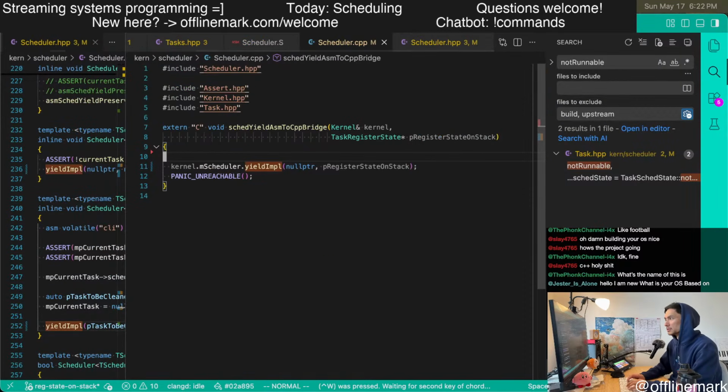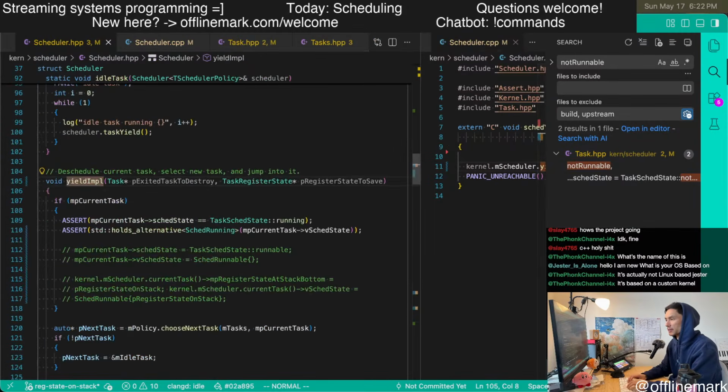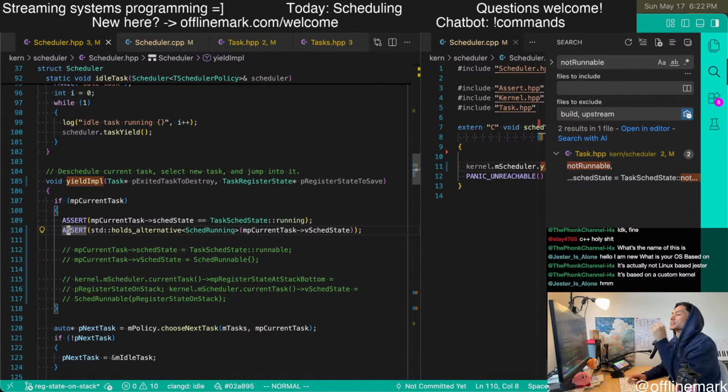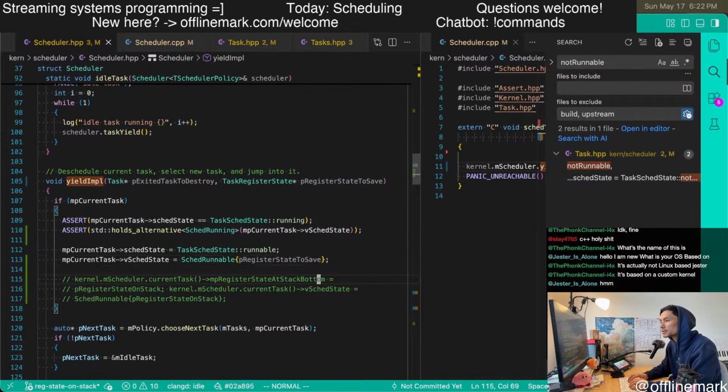But that is okay. It's a little bit weird. Maybe, yeah, there could be room for another layer of wrapper functions that help with this, but it doesn't really matter for the moment. So now over here, I want to assert that task is currently running, and I want to transition it out of that state, basically.